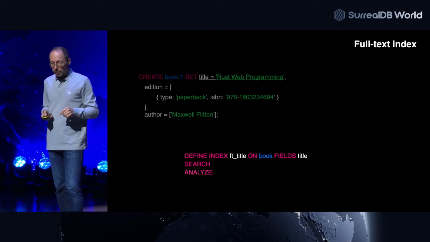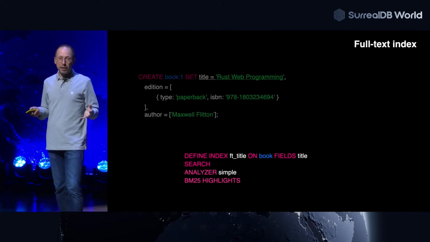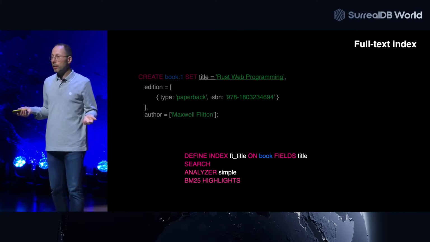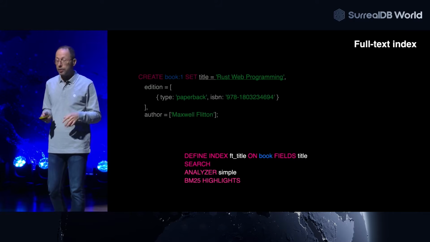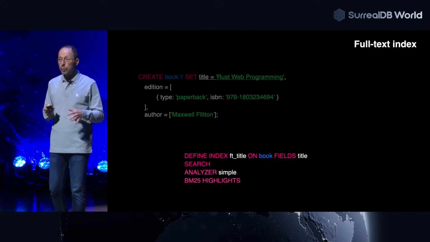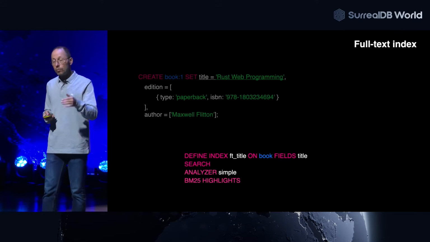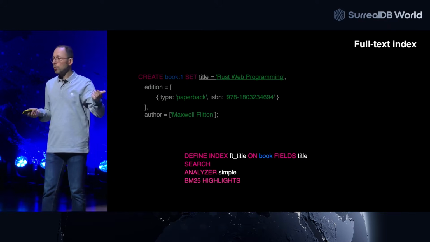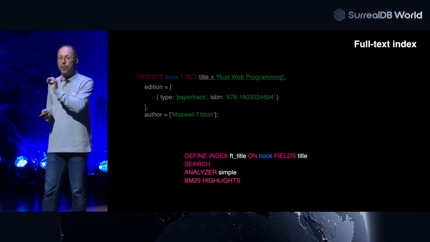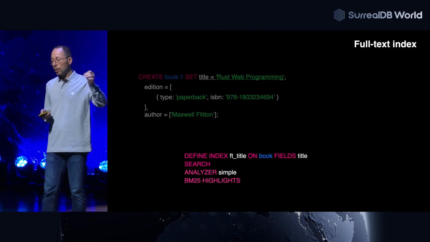Let's go to the full text. How do I create an index in SurrealDB? Define again, right? Define is our friend, each time we want to create something in the schema of your SurrealDB table or database. Define index, the name of the index, which table is going to be indexed, which column, here it's just title, search, because we are going to do a full text search index, and which analyzer I'm going to use, because every text in title is going to be checked by the analyzer and the terms extracted and so on.